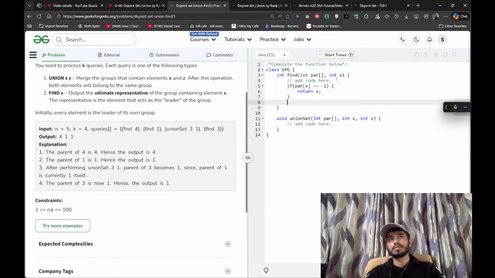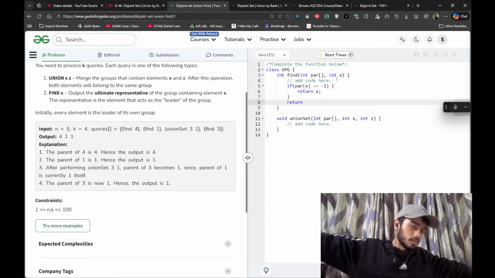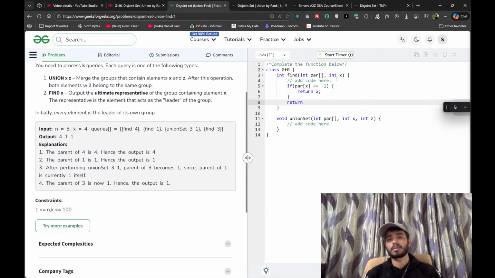If it's not -1, then return... if it's like, then we can return simply the